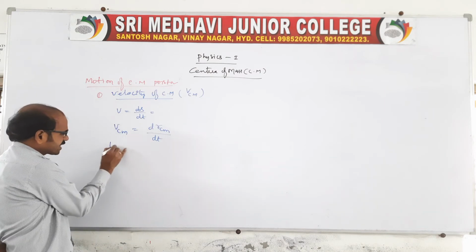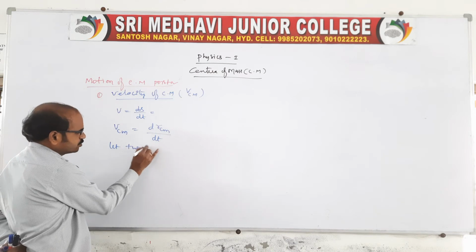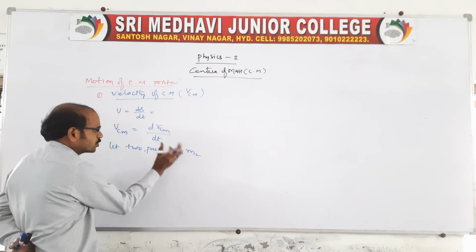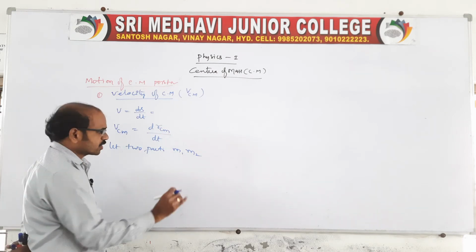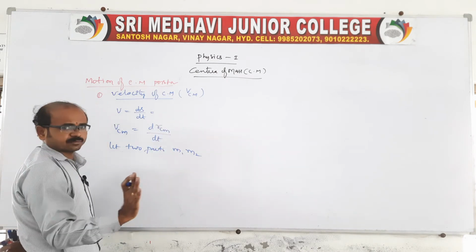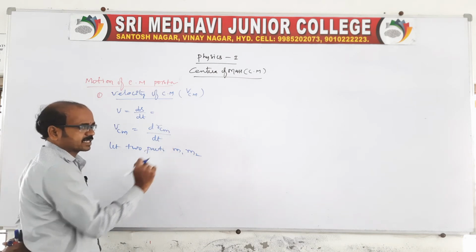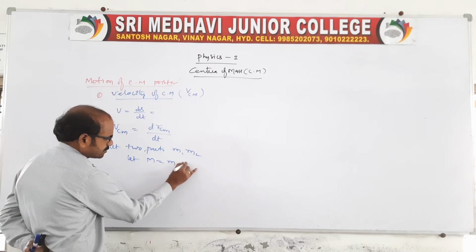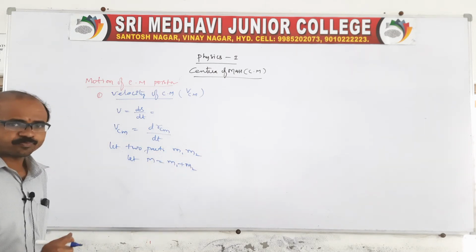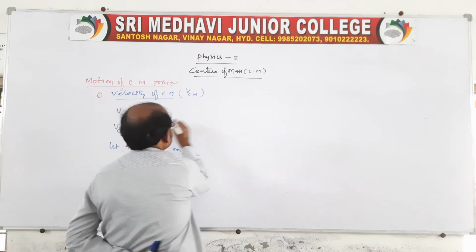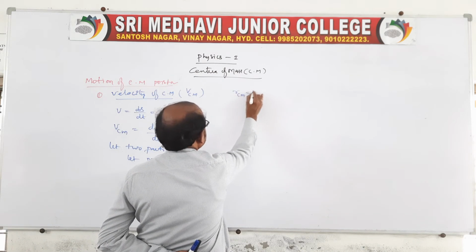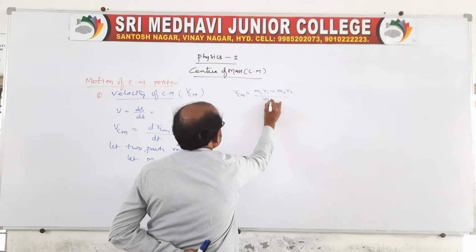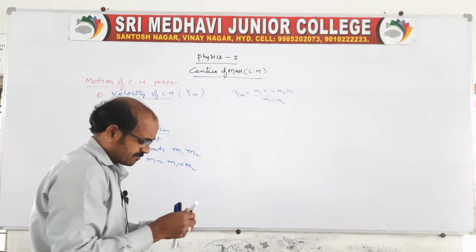And here we are calculating for the two particle system only, that is m1 and m2. In a plane there are only two particles, so while calculating, these two particles should be in the plane only. No particle should leave and no particle should enter. Let the total mass of the plane be m1 plus m2. Now I want to calculate the velocity of center of mass. Therefore RCM is equal to m1 r1 plus m2 r2 by m1 plus m2. This is the position of center of mass.